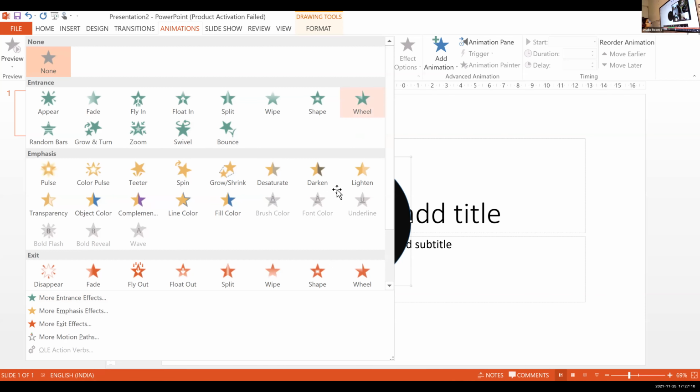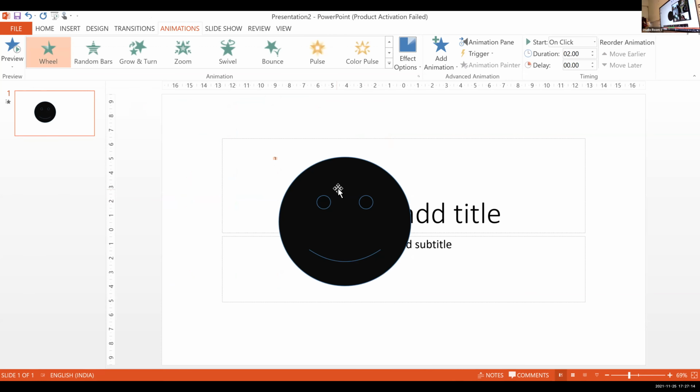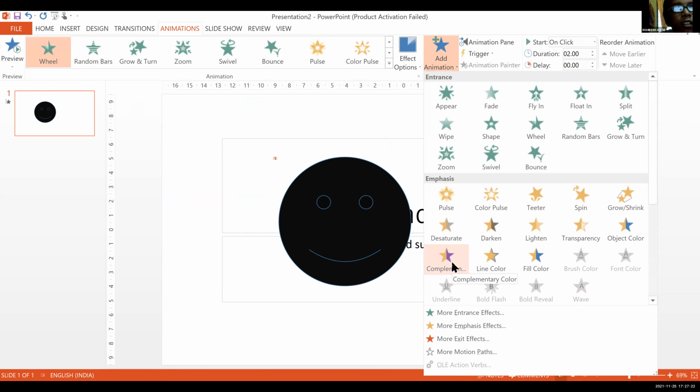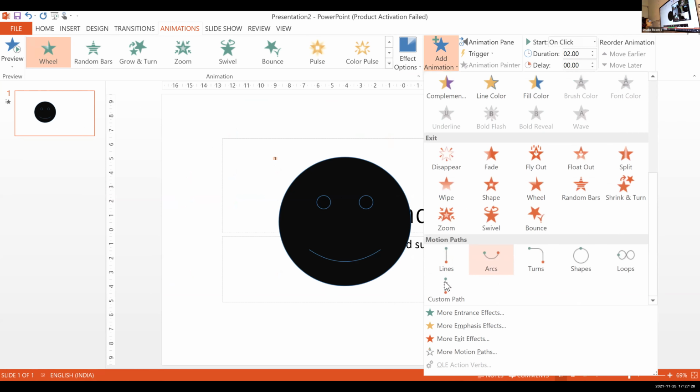Send a message in the chat box. Now I would like to call Rishikesh. If you want to add more effects, which one do you want? Ma'am, loops. Where is loop? Okay, in this one.